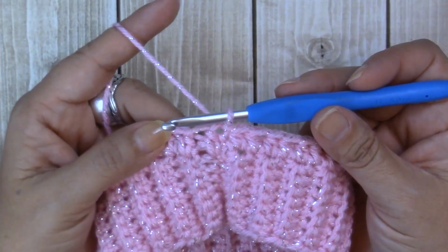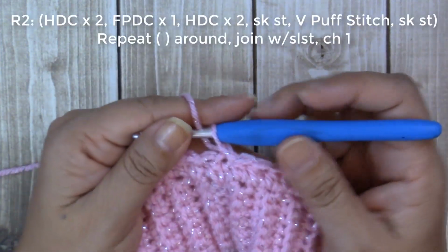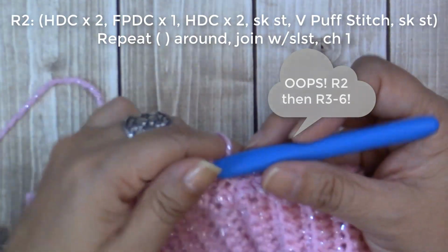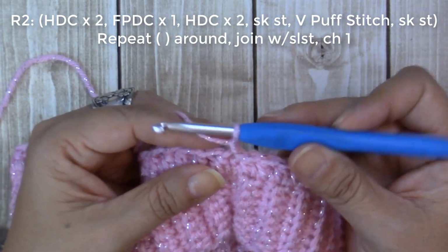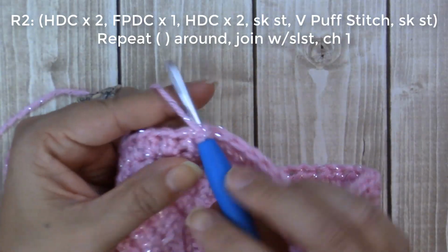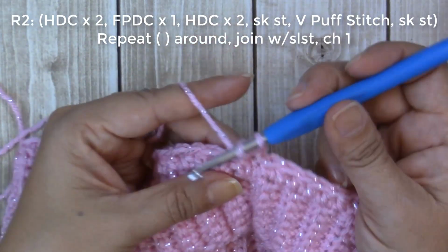All right, so I am done with round 1. I joined with a slip stitch. Now I'm going to chain 1. So now rounds 2 through 6 are going to be worked the same way. So let's start with round 2. We're going to work 1 half double crochet in the next 2 stitches. So yarn over, you're going to insert your hook, yarn over, bring it through, yarn over, go through all 3 loops on your hook. That's 1,